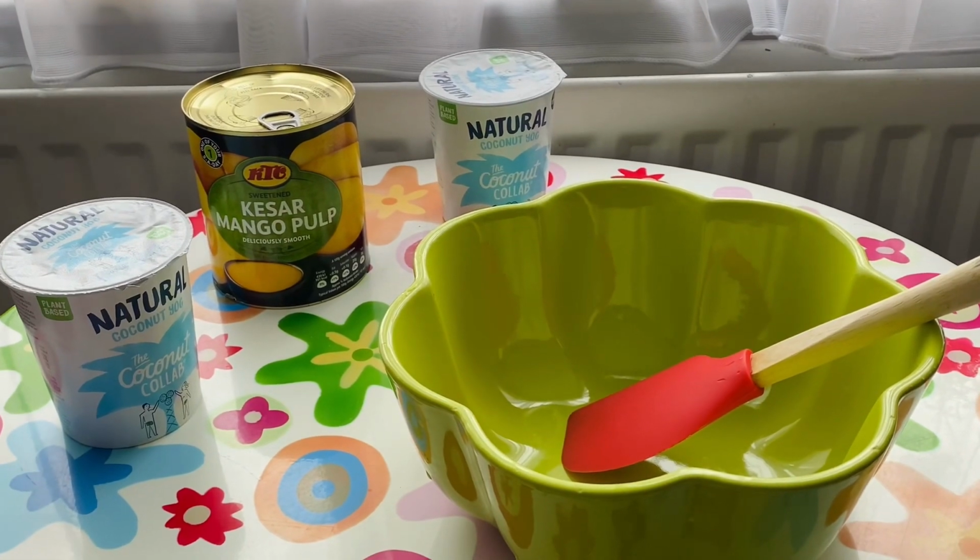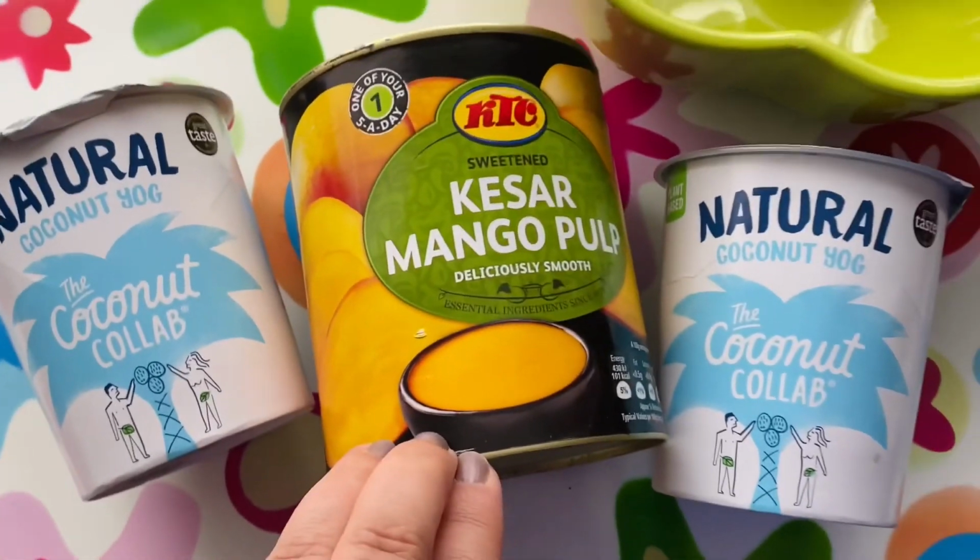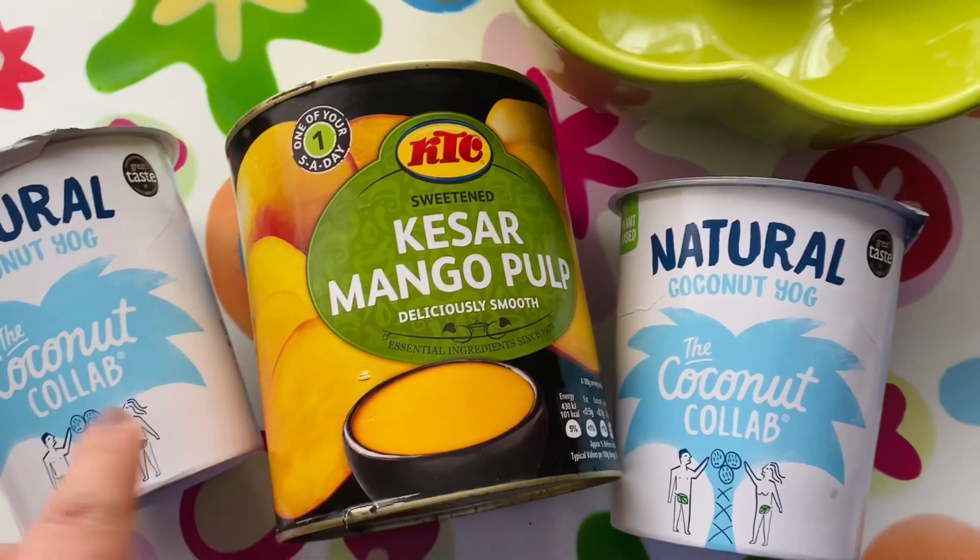Today the recipe is mango mousse. Two ingredients only. I'm going to use half a kilo of mango pulp in a can, and I'm going to